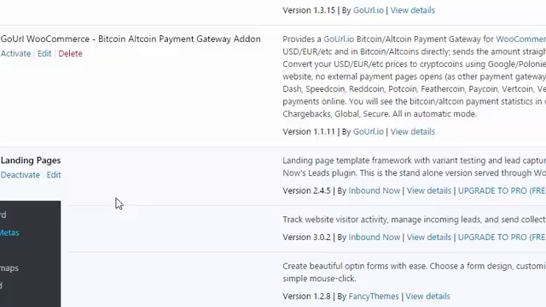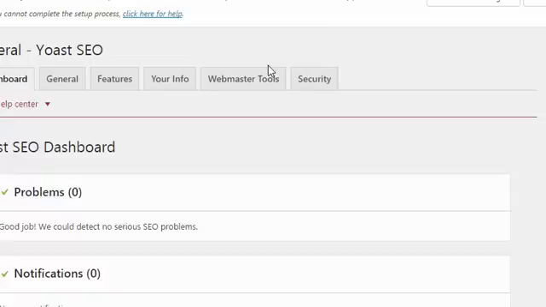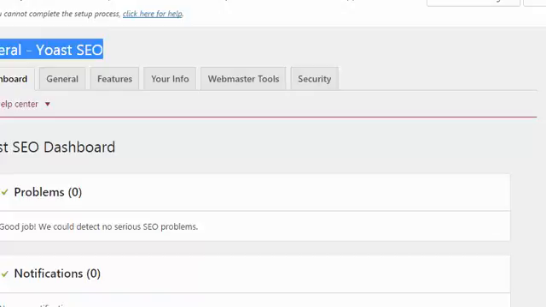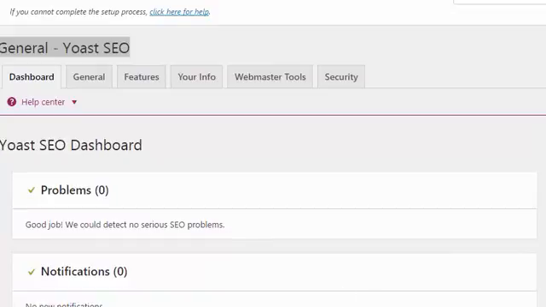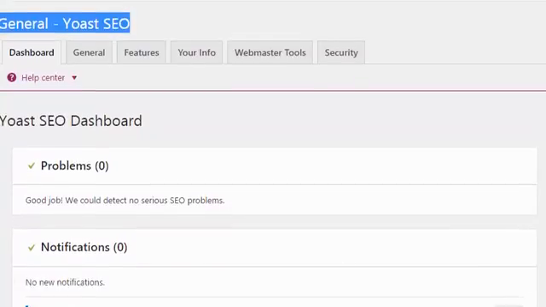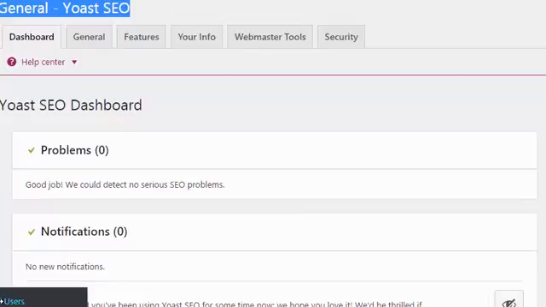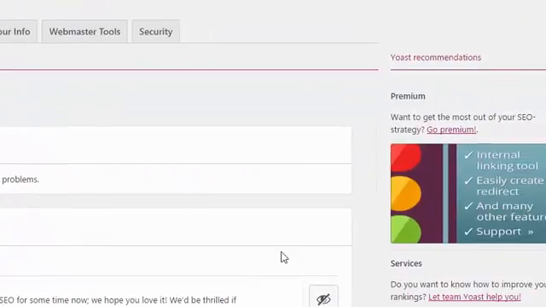The Yoast SEO plugin for me is the first of them all. If you want to do on-page optimization and you don't have Yoast SEO installed, then you may just want to install it. There are 2 versions, and if you look at this side of my screen, I have